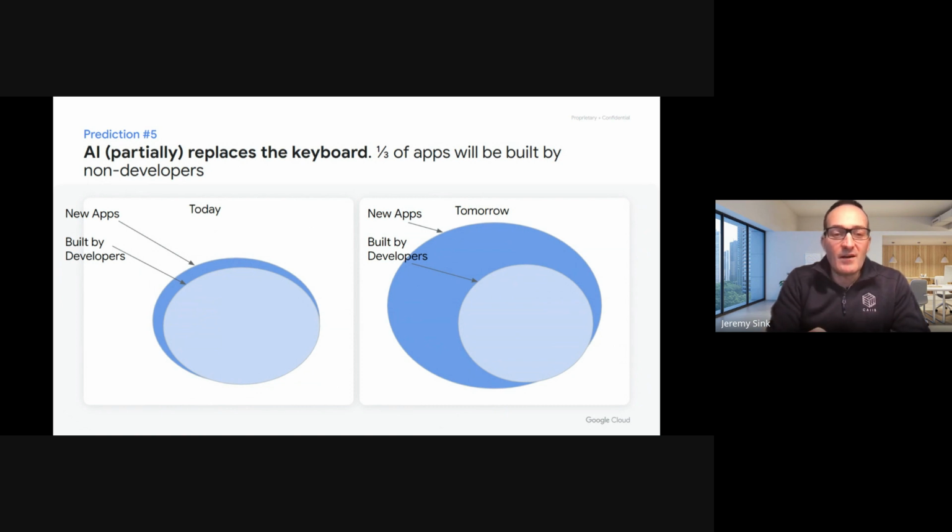Most of the apps today are built by developers, and it's likely that in the future they'll be built and deployed by non-devs. So more and more apps will be created by those non-developers, and more apps in total will be created by GenAI. They'll be built and deployed by folks without development backgrounds. Creativity, domain knowledge, customer insight will become the valuable complements to programming skills for building those applications.